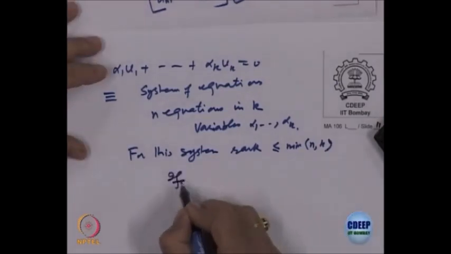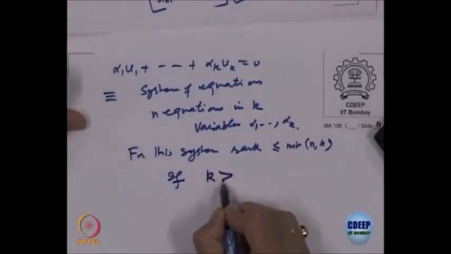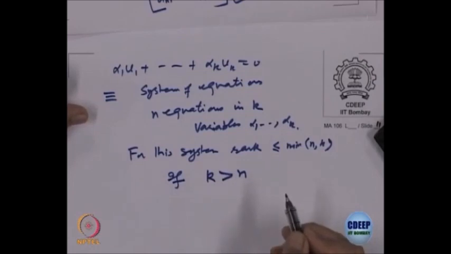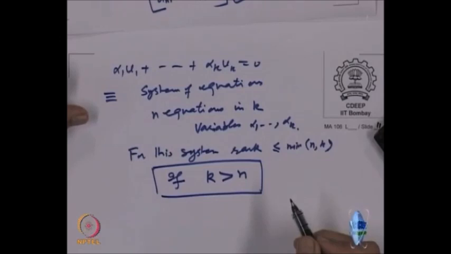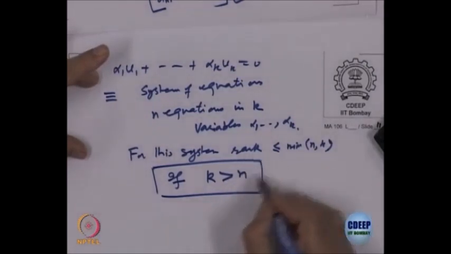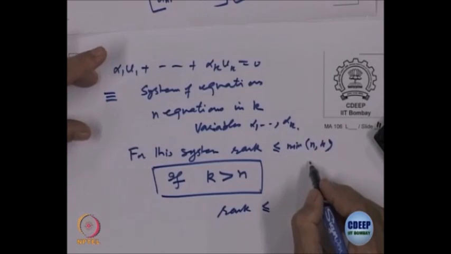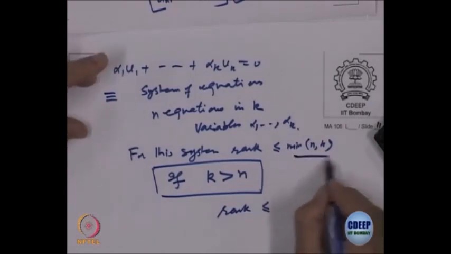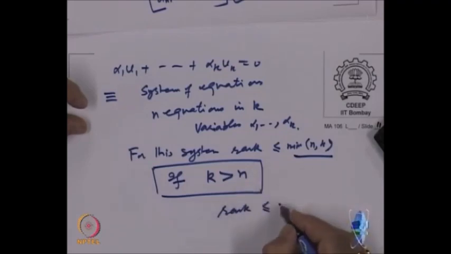What is the number of variables? If k is strictly bigger than n, which is the assumption we are making, so the number of variables k is more than n, then what will happen? Then the rank will always be at most the minimum of k and n, which is n, so the rank will be less than or equal to n,